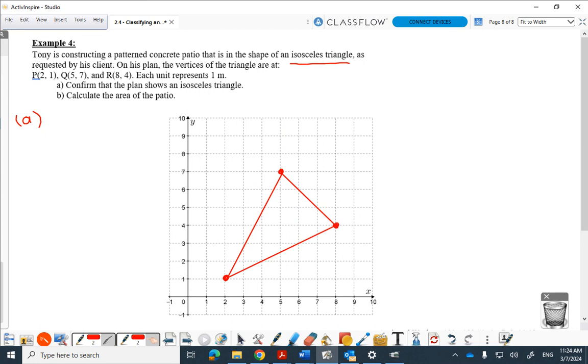I'm going to go length. Oh, I didn't label the points. P, Q, R. Length PQ equals. All right. Square root